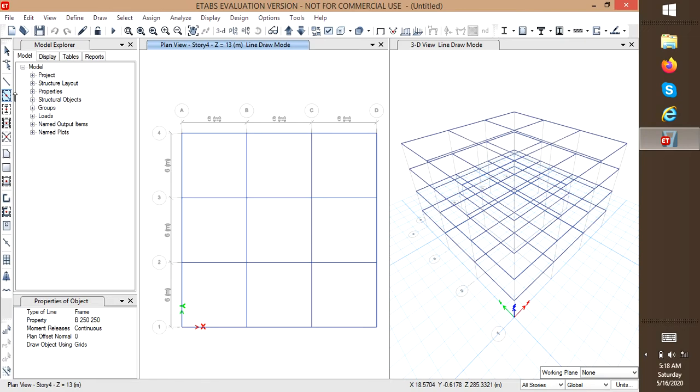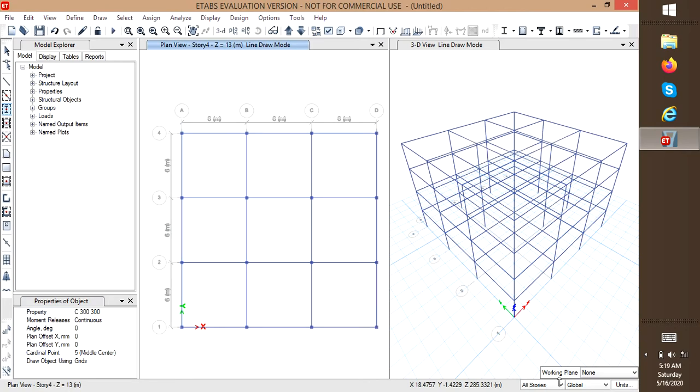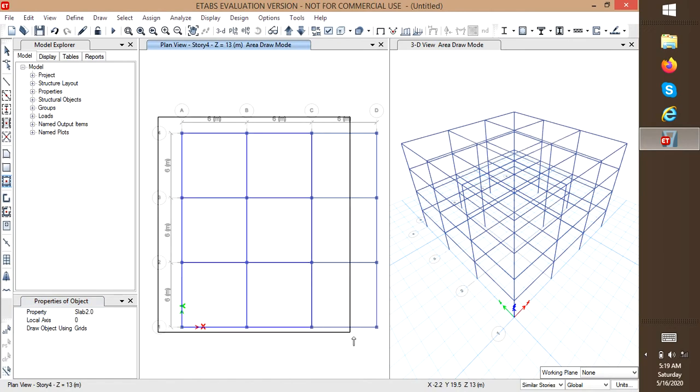Okay, now go with columns. Change this. Repeat the procedure. Change here to similar stories. Go for slabs. Change here. Drag and